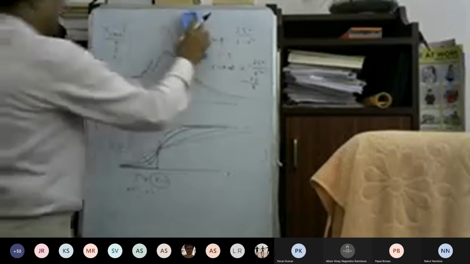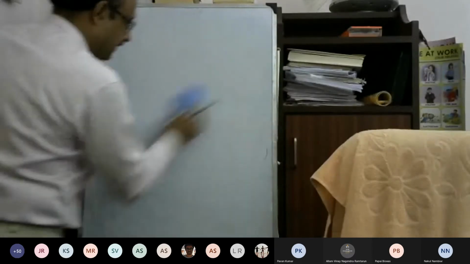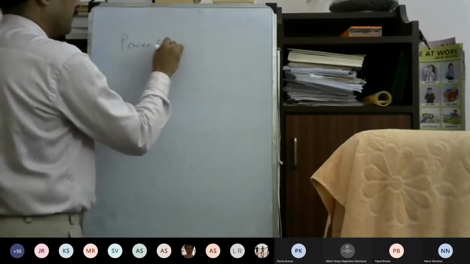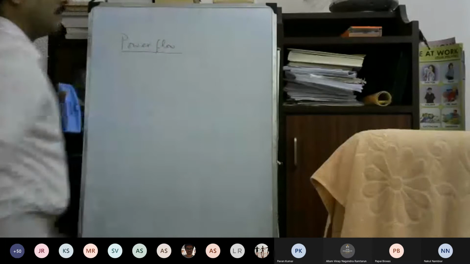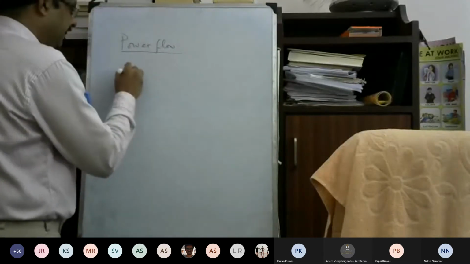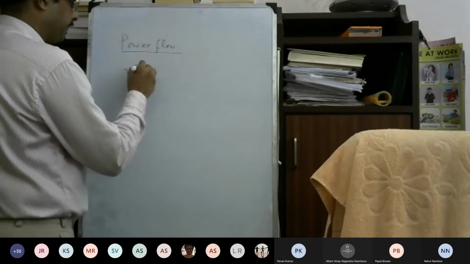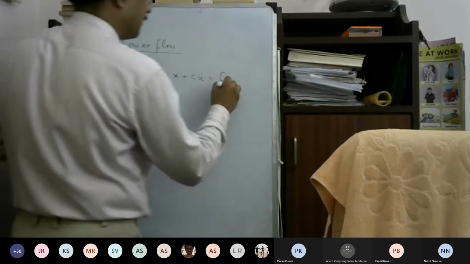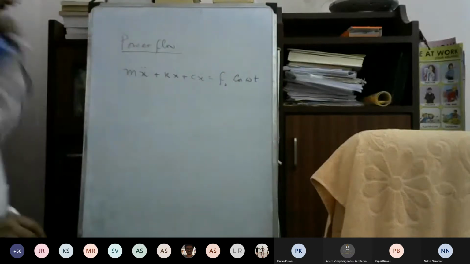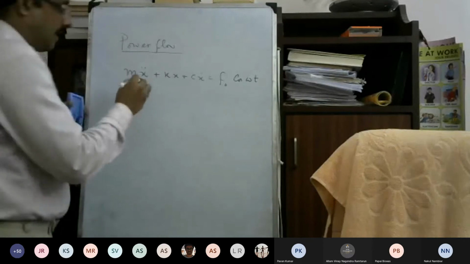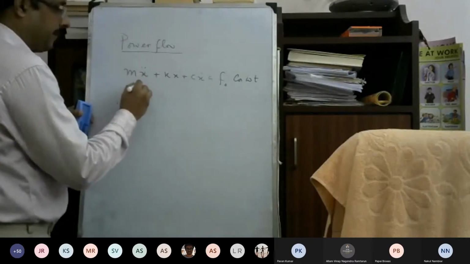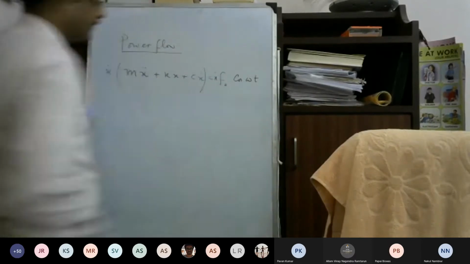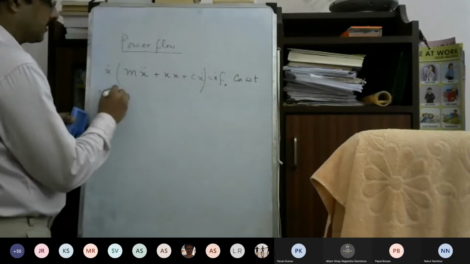Okay. So now we'll move to one more situation. Now let us consider what is the power flow. Now you see, you have the equation m x double dot plus k x plus c x dot equal to f naught cosine omega t. This is what we have. And then I multiply this by x dot throughout,